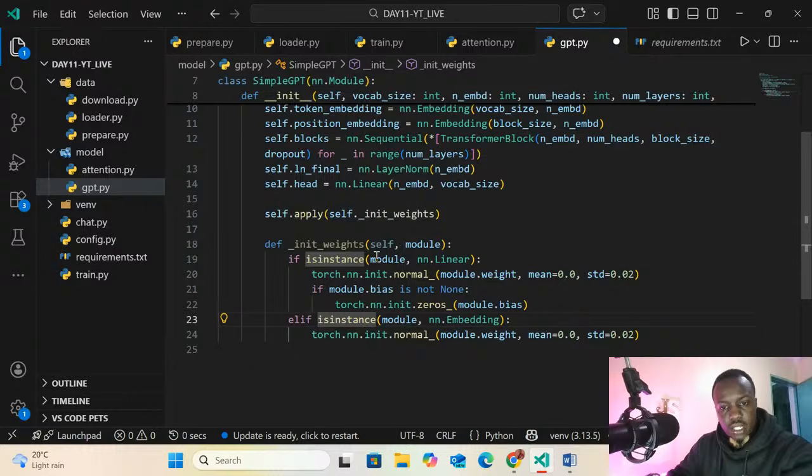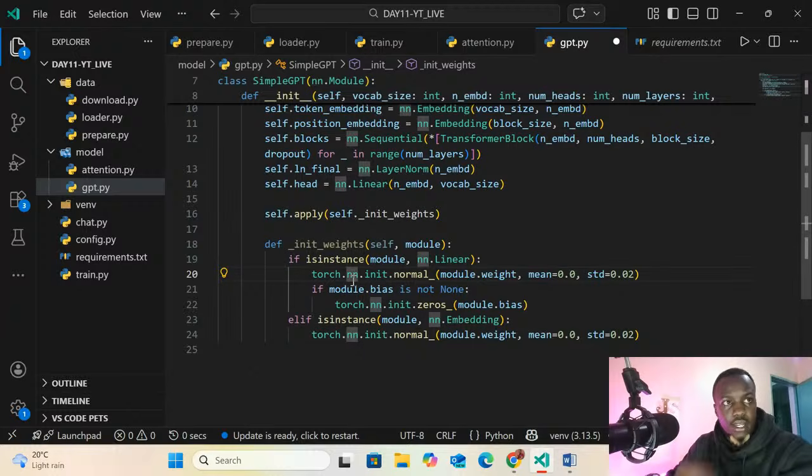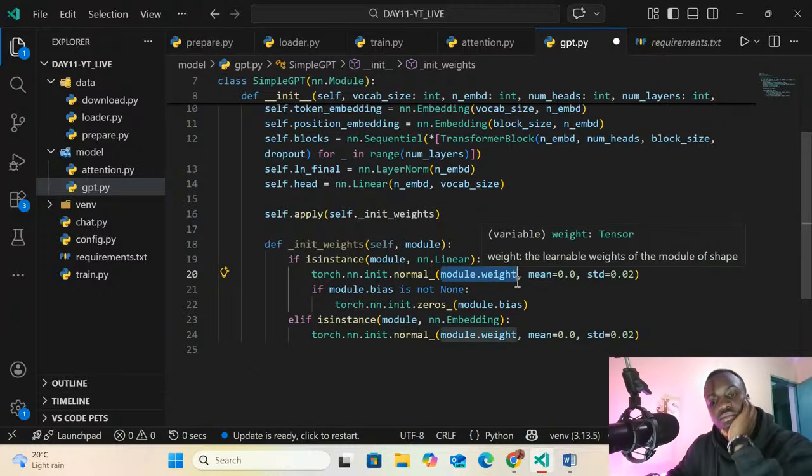If instance module linear, then we use the PyTorch library, nn.init.normal. Just inspect this code. We pass the module weight.